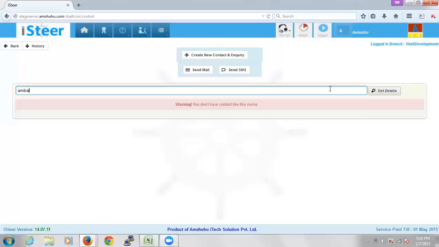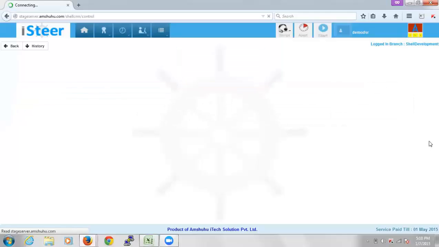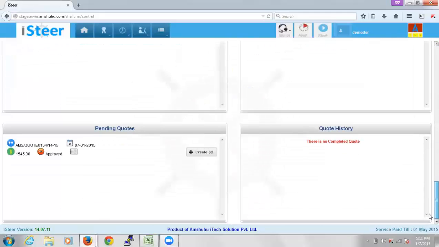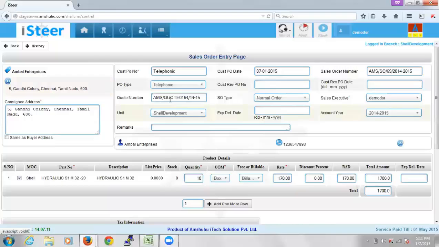So, for example, for this customer, when I create a sales order, for each code you would be getting this create sales order button. When you click on this button, it would take you to a sales order form with the code details. So say if this was received through a phone call, this is for telephonic, and then you can create a sales order using this page, this form.